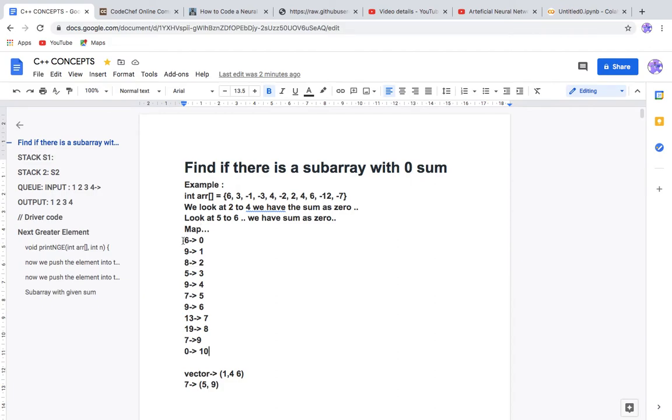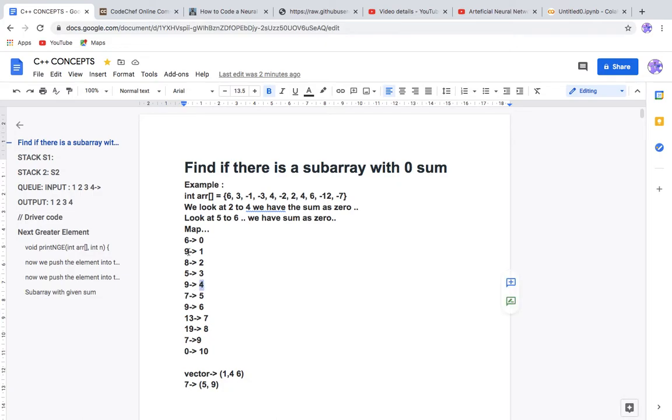So what is the use of this? Suppose we take a map, such that we keep storing the sum and its index. Suppose the same sum comes again, but the index is different.